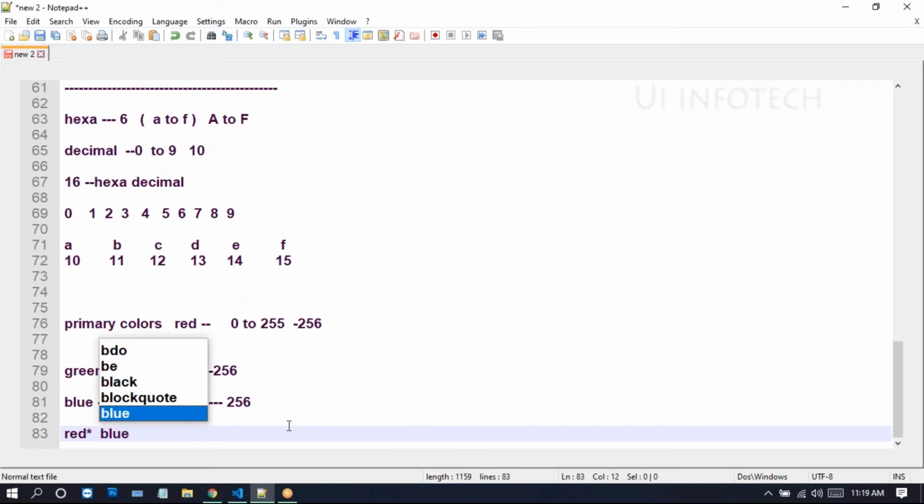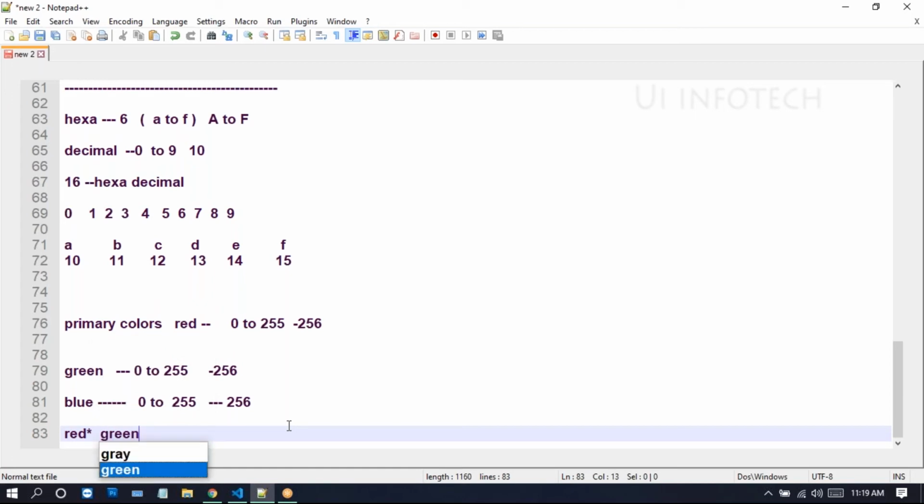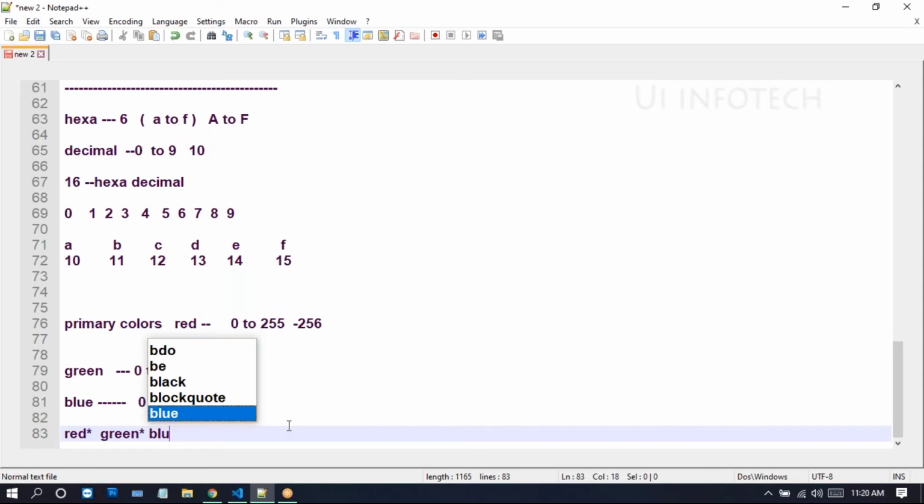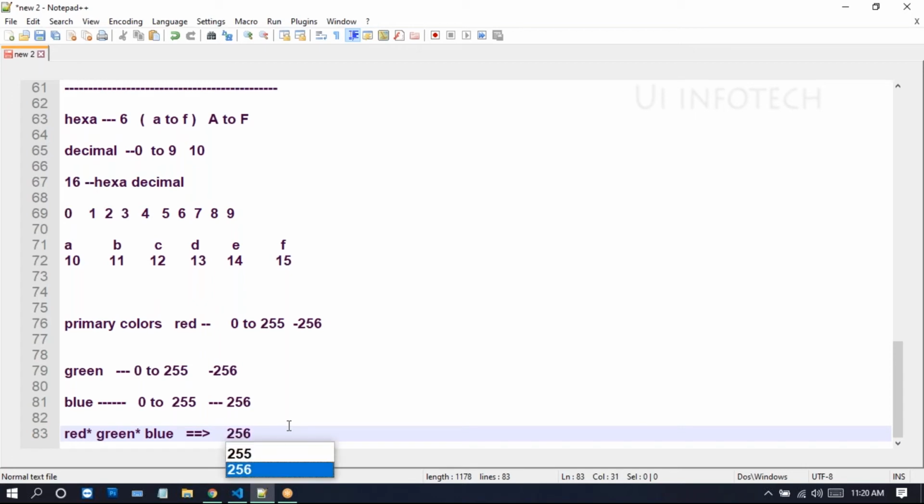Now by mixing up these primary colors, red, green, and blue, we can use 256 multiplied by 256 multiplied by 256.